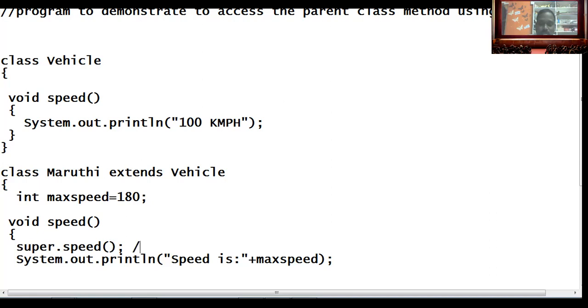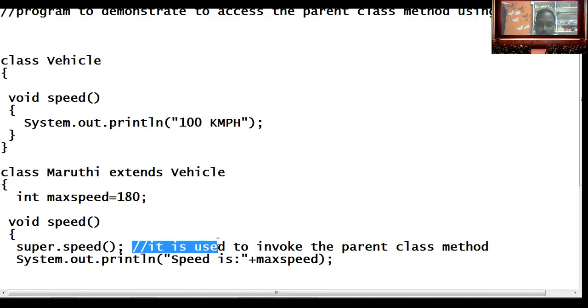It is used to invoke the parent class method.